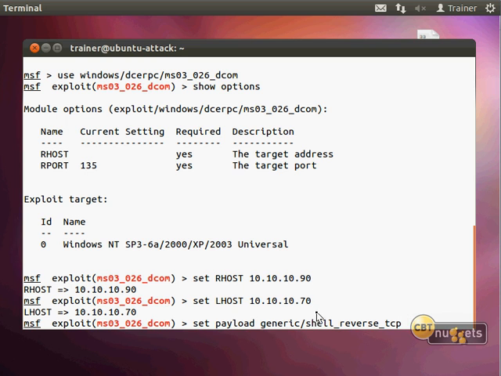Very often when you exploit a remote system, you want it to open up a shell, so like a command prompt. And from that command prompt, I can do a lot of different things, which I'll show you here. But when we set the payload, we just want to run a reverse shell. Reverse meaning that it's going to point back to me so that I can interact with it on this Ubuntu machine. You're going to see this when it comes to light here.